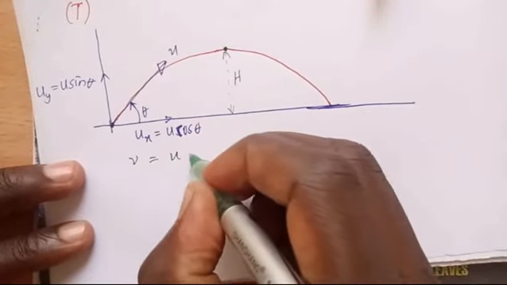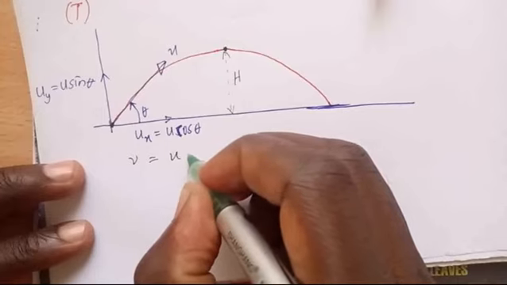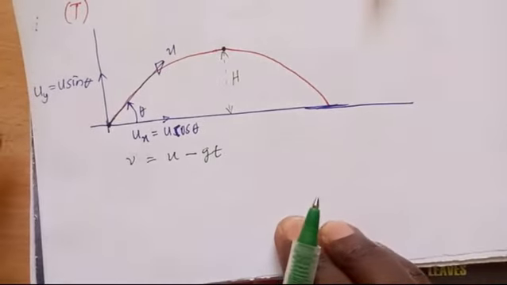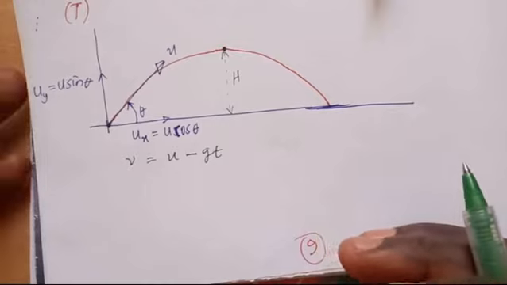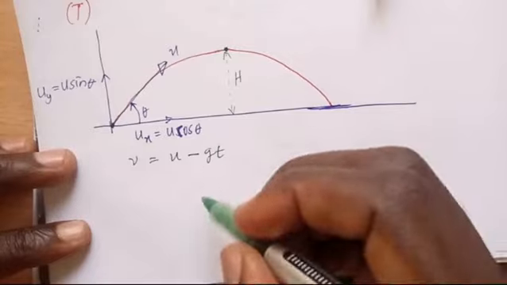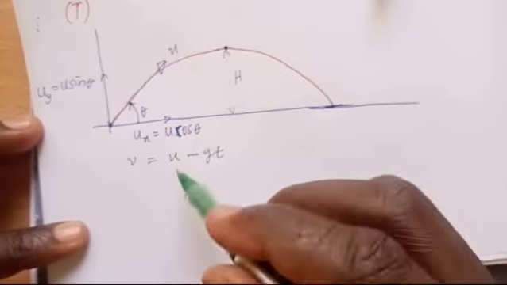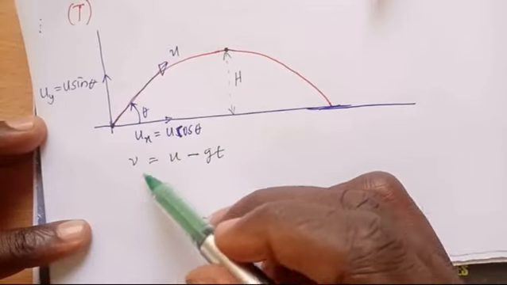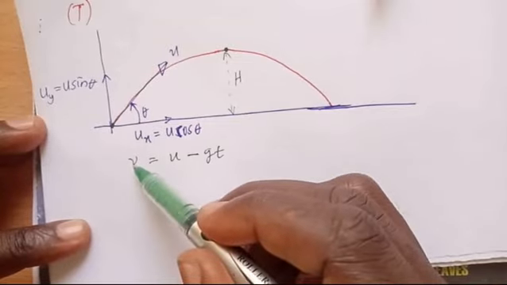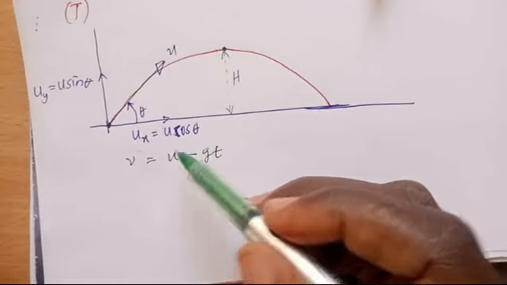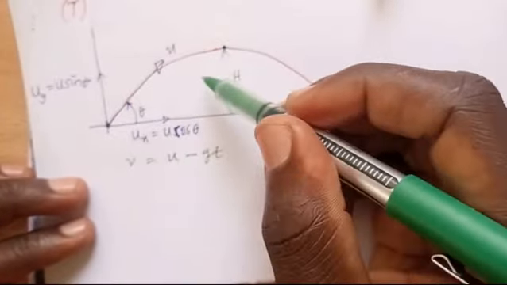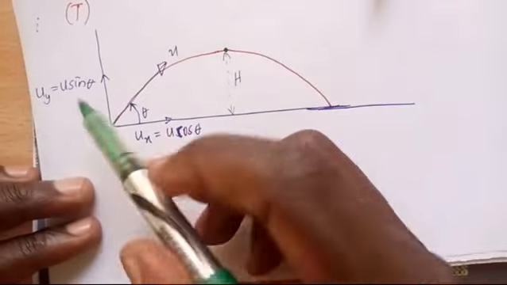to u. Since it is going up in the sky, our g is negative, so minus gt. We use this. Remember what I said, that it's also motion under gravity, so we are allowed to use the equations of uniformly accelerated motion. Now, I also pointed out that we don't combine two different velocities together. If you are using this equation, your final velocity and initial velocity must either be for the horizontal or for the vertical. Now, since it is going up, the velocity that makes it cover a vertical distance is a vertical